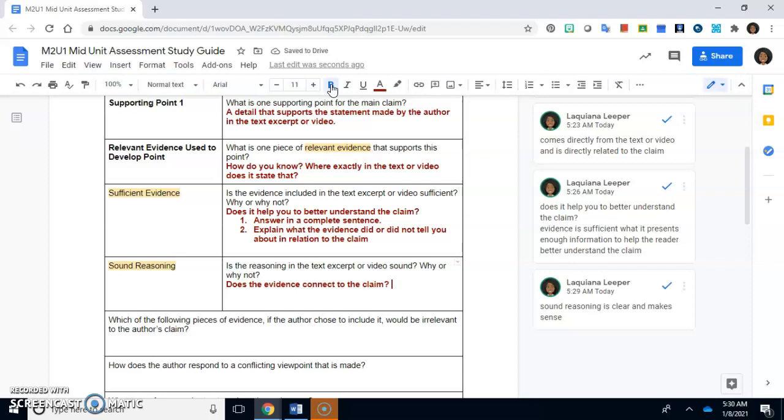You're trying to convince me that cows should eat grass instead of corn. Do you have evidence showing the impact that corn has on cows versus the impact that grass has on cows? If you are telling me that cows should eat grass instead of corn, but then you're giving me examples about the cows' living conditions and how they stand in their manure all day, the evidence doesn't connect to the claim. Yes, it is still talking about cows, but is it talking about the claim that you're trying to make, right? The example that we learned previously when we talked about section 7 is yes, the reasoning in this text is sound